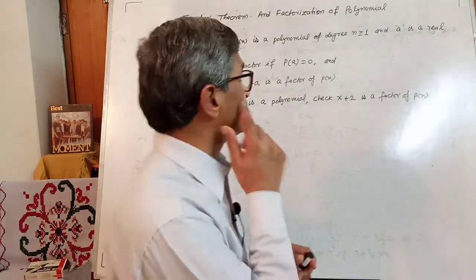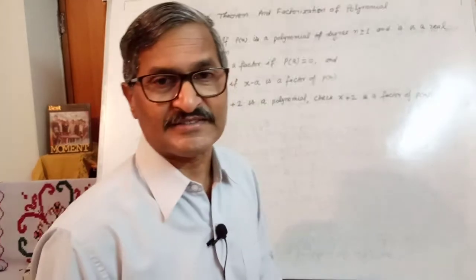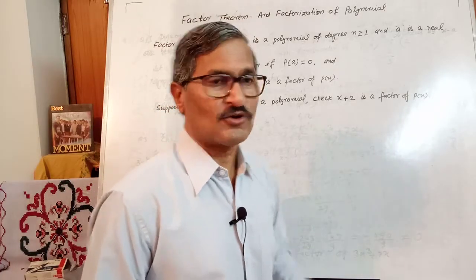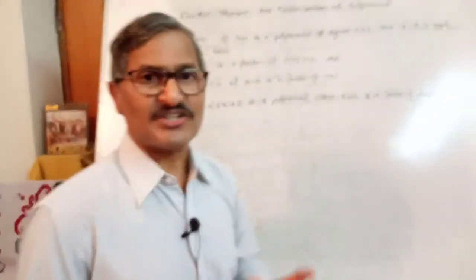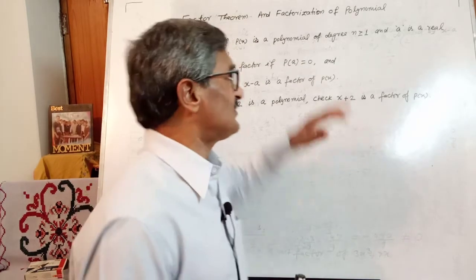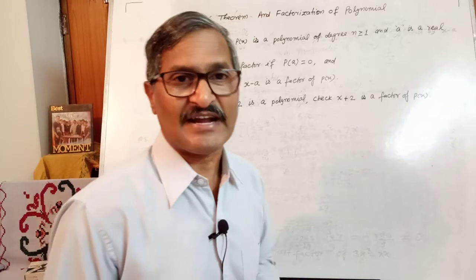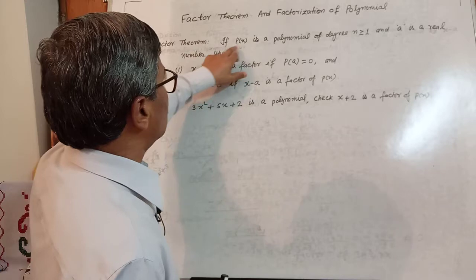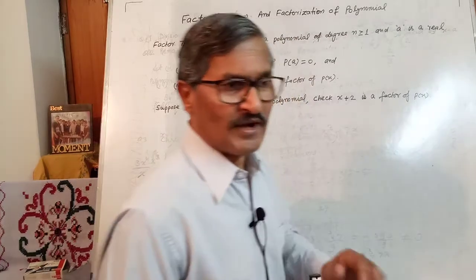And here we are going to discuss factor theorem and factorization of polynomial. This topic is for exercise 2.4. In exercise 2.4 these two topics will be covered. First we will see what is the statement of the factor theorem. It is not much required that you remember the statement, but understand what the factor theorem is. Factor theorem states that if p(x) is a polynomial of degree n greater than or equal to 1, means